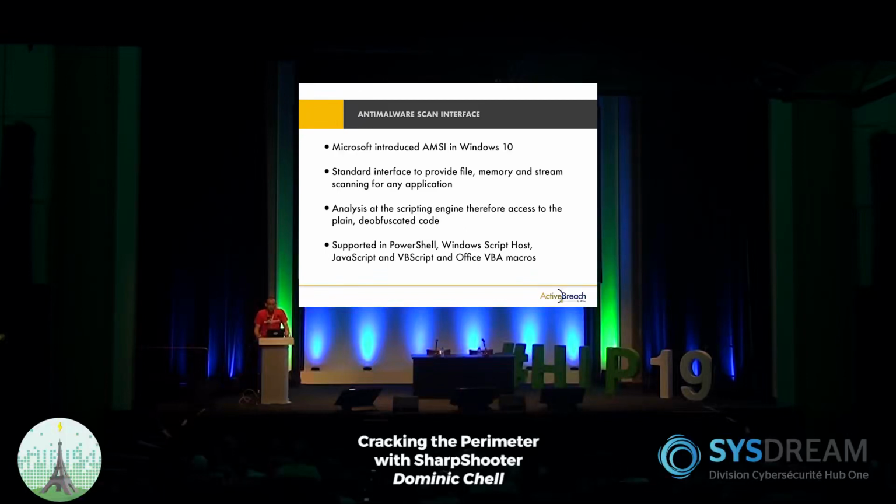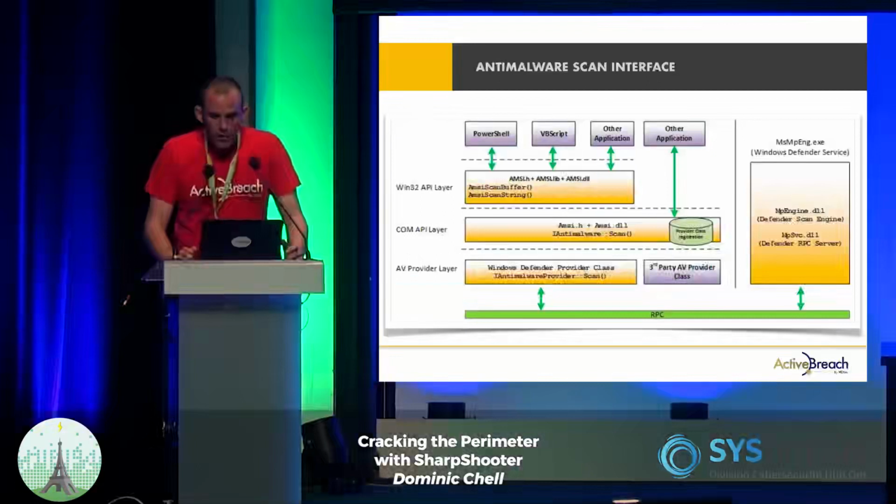The analysis actually occurs at the scripting engine level, which is where the power is, because it means the AV engines can get access to the plain, deobfuscated code. Currently, AMSI is supported across PowerShell, Windows Script Host, JavaScript, VBScript, and Visual Basic. So here's a little high-level overview of the AMSI architecture. The way AMSI works is